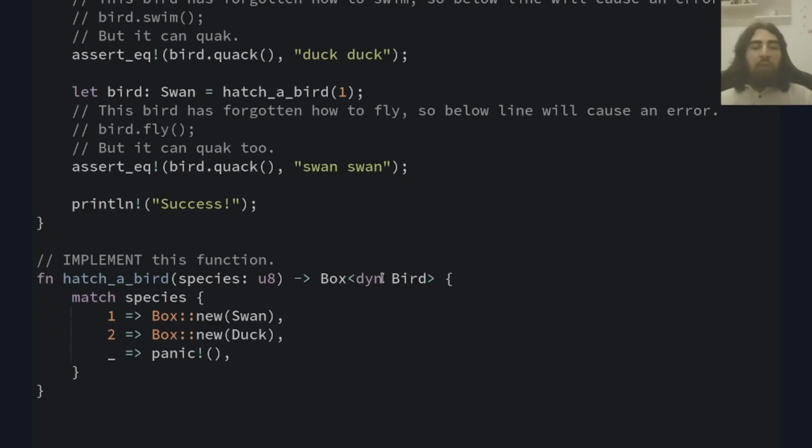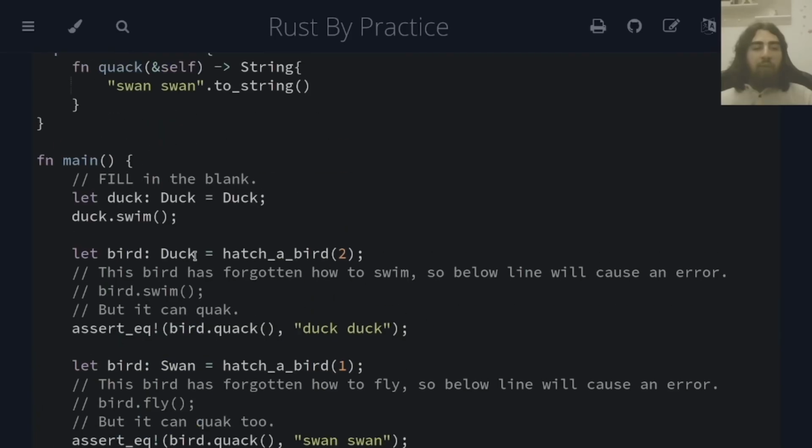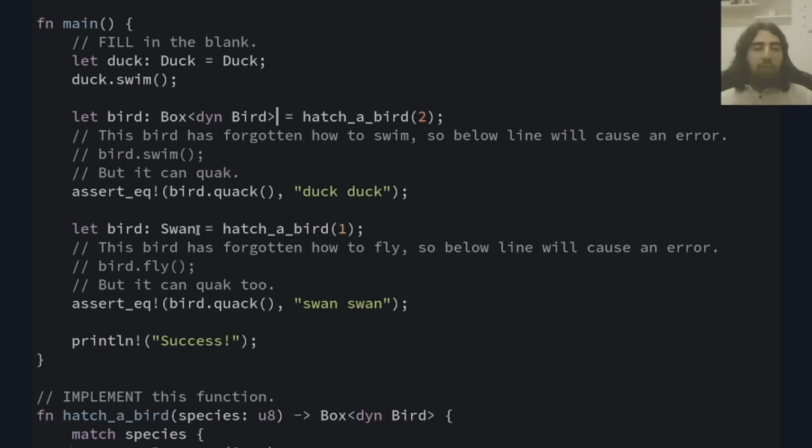Now again, because we are here using dynamic dispatch, we have to put it behind a kind of pointer. And that means over here, we will get a box holding a trait object. And the trait object in this case is bird. So that means, and we have seen that, the compiler will then